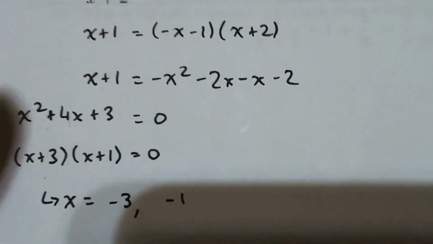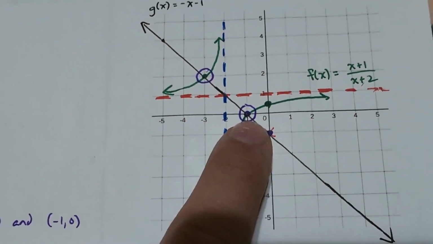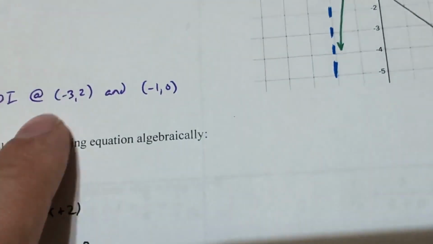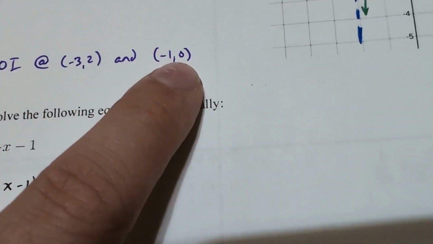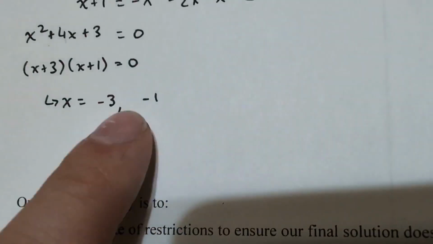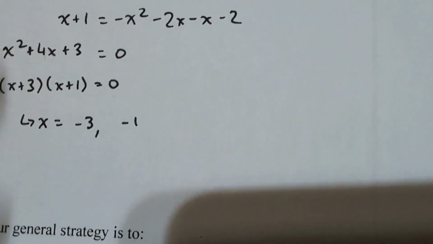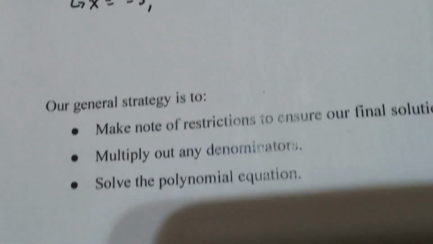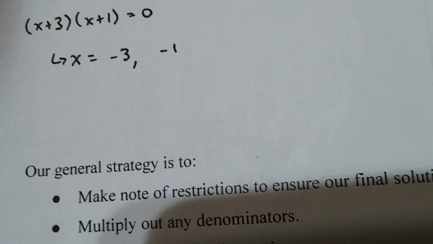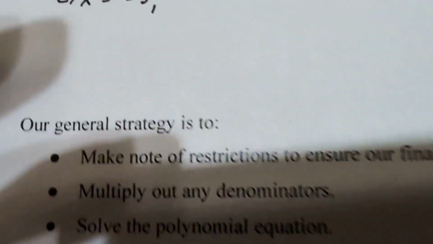And now, if we compare that back to our 2 points of intersection, here that was x equals -3. This was x equals -1. The points of intersection, we could find y values too, but it has the same two x values, -3 and -1, as we just got algebraically. So our general strategy when we're doing these rational functions, which we didn't do all of these steps here, but